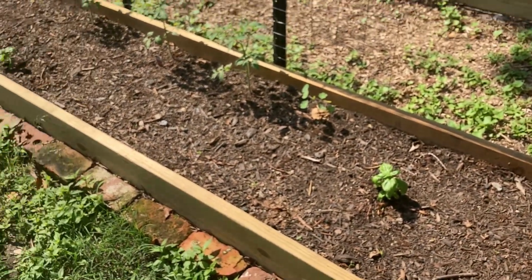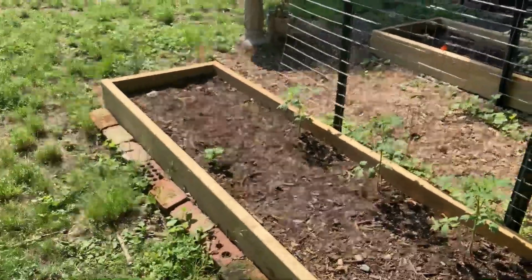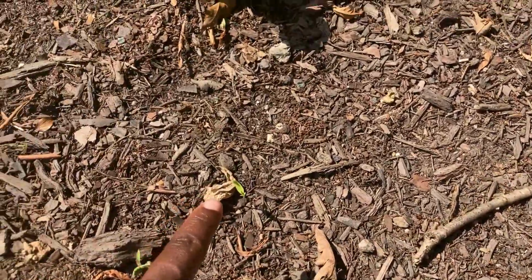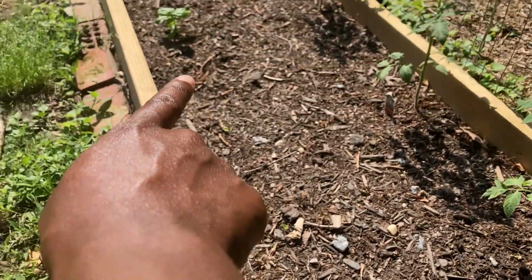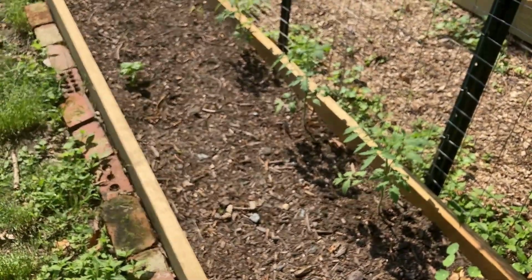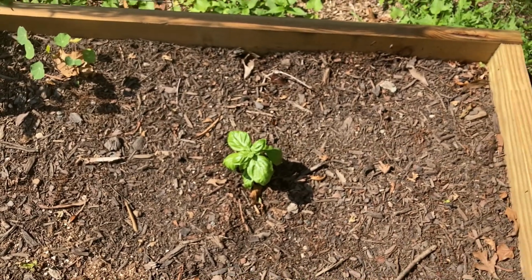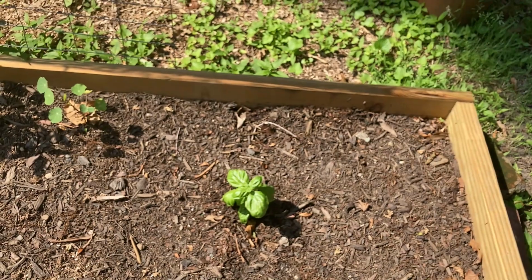So this is a 2x8 or 2x10, don't exactly remember, bed where I started little peppers by seed. There's one there, there's one there, there's one there, there's one there. It goes all the way down around different peppers. There's banana peppers, serrano peppers, jalapeno peppers, and bell peppers. Here's a little basil plant that I did not start from seed. I went to the garden center and got some plants because our weather was acting crazy, and I'm surprised the